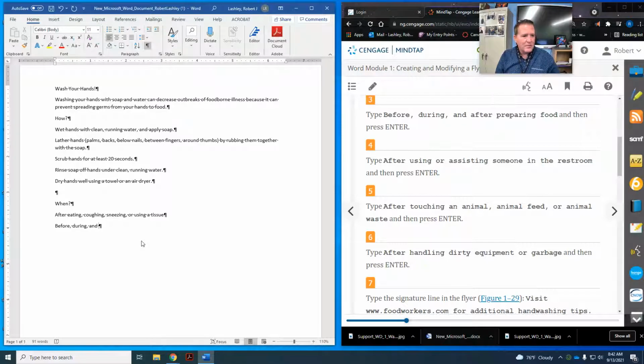Before, during, and after preparing the food. And after using or assisting someone. After touching animal, feeding,